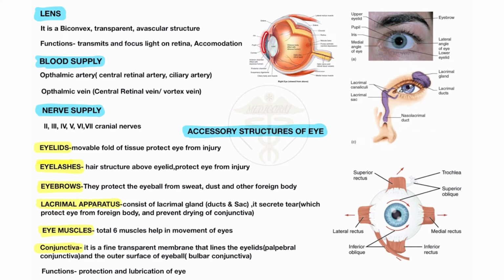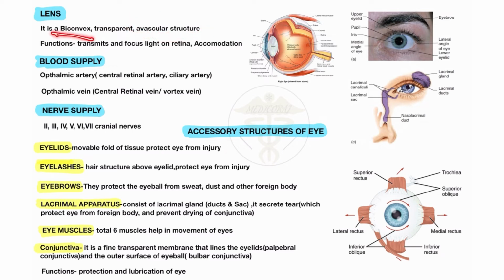So there is no difficulty in cornea transplantation, because it has no vascular structure. We can do cornea replacement or cornea transplant very easily. So these are the two structures, the cornea and the lens, which are avascular.